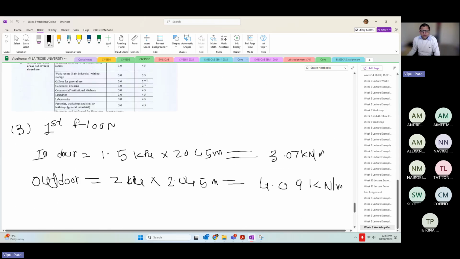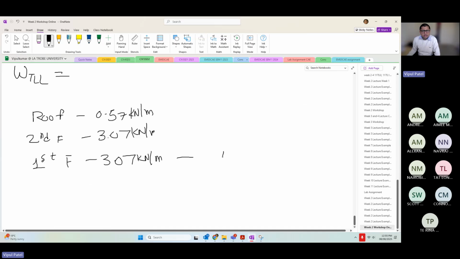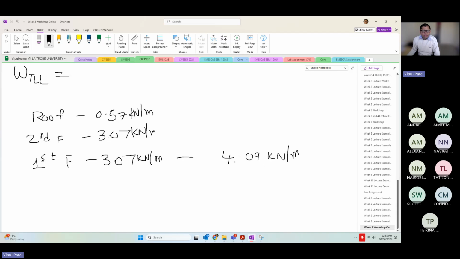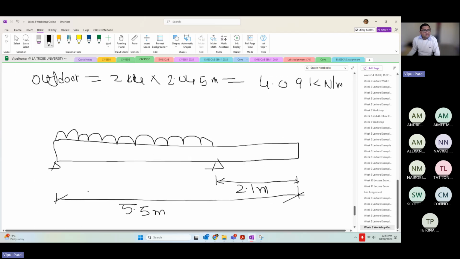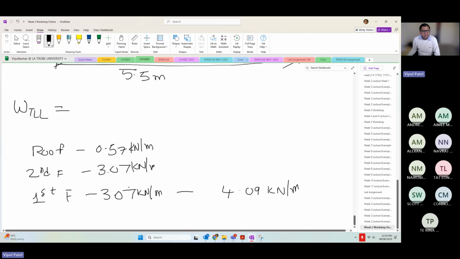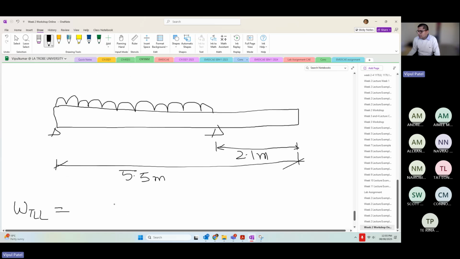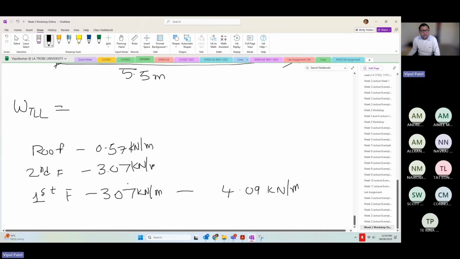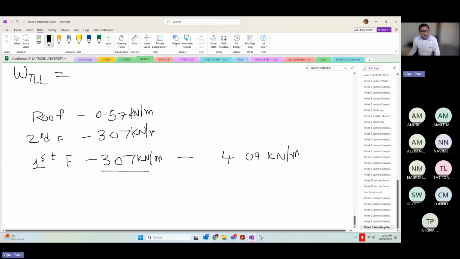But with this outdoor 4.09, that is your party, Christmas party, birthday party, whatever party you are organizing. This is for party people that you need to make it stronger. That is the first floor, and this is indoor, outdoor, and I think that's it. Three of them would be okay to work out. So that will give you